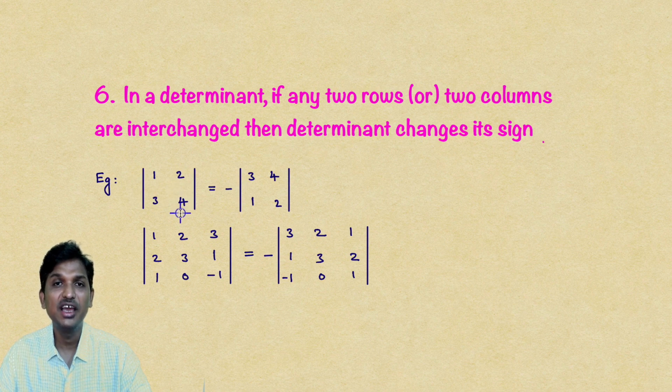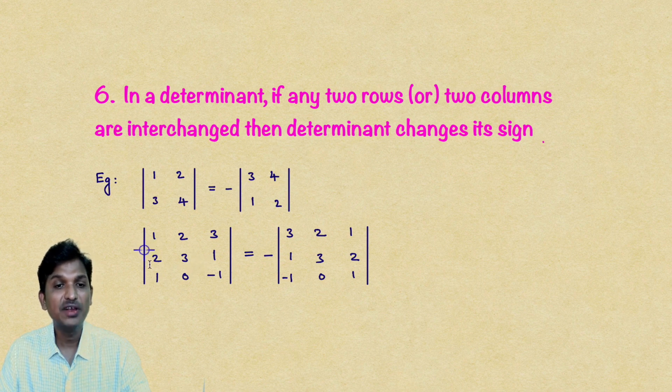In this determinant, I interchanged the first row and second row. As per this, in a determinant, if any two rows are interchanged, then the determinant changes its sign. So you look here, what came here? A minus sign came. So in a determinant, if you interchange any two rows, the determinant changes its sign. Now you expand this determinant, what will you get? 4 minus 6, that is minus 2. After simplifying this fully, you will get minus 2 only. Try to understand. While doing the problems, if you interchange any two rows or any two columns, then the determinant changes its sign.